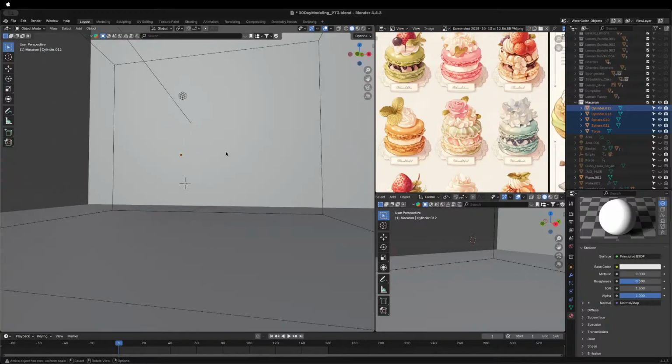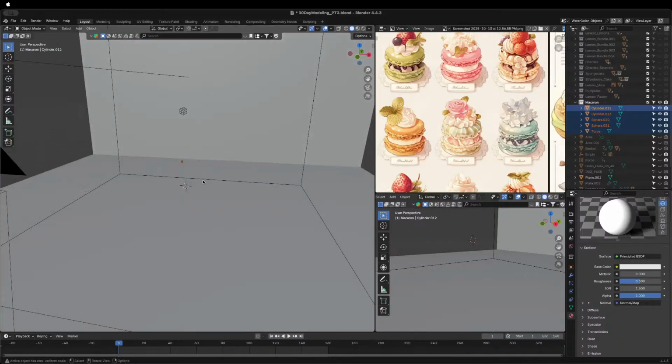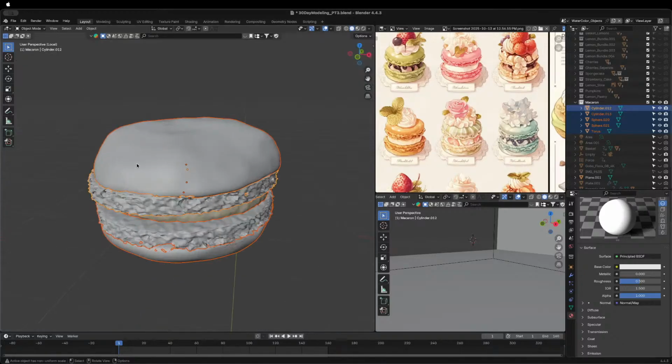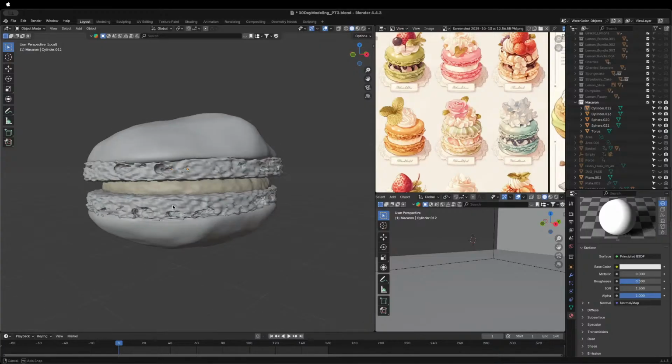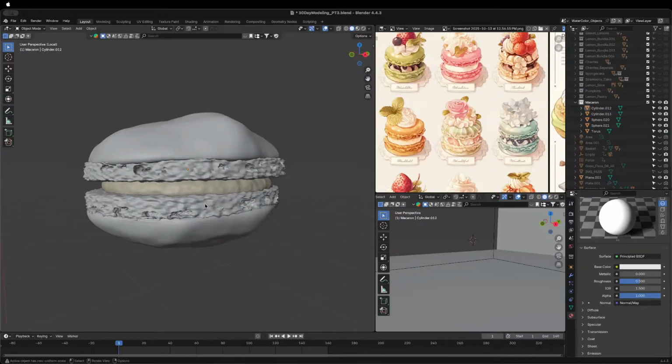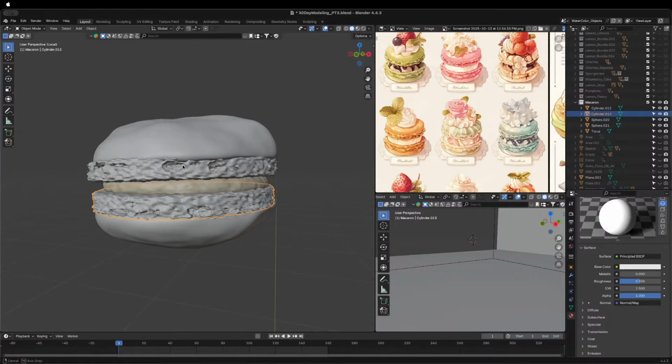Oh my gosh. I did that for my Ariana Grande Thank U, Next perfume. That was one of the assets that I made. And if you notice here, I did a lot of deforming and denoising to make what this is called, the feet of the macaroon. So this took quite a while. So instead of redoing that again, I'm just going to utilize that for our